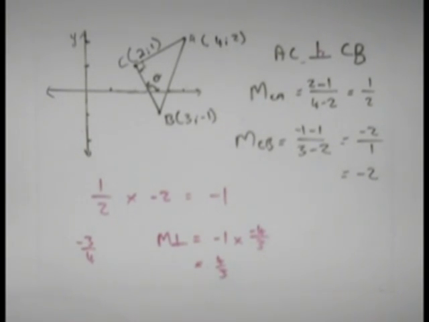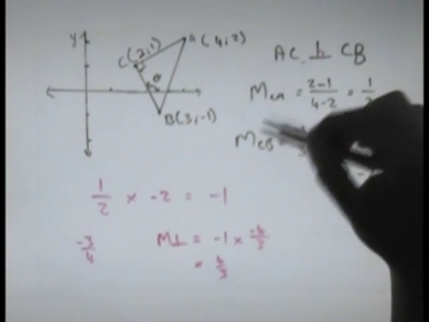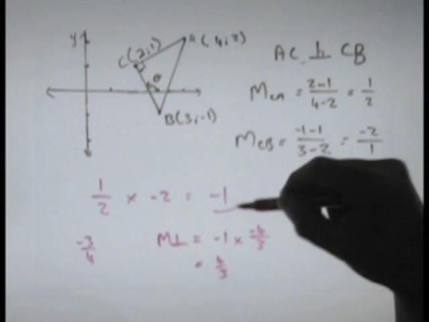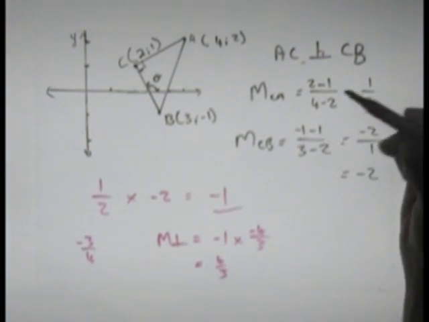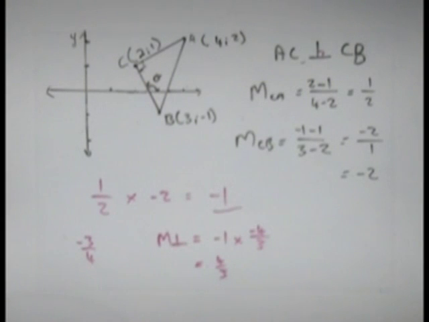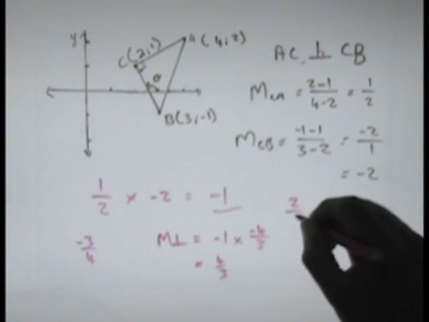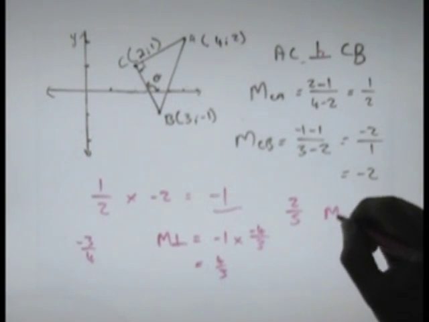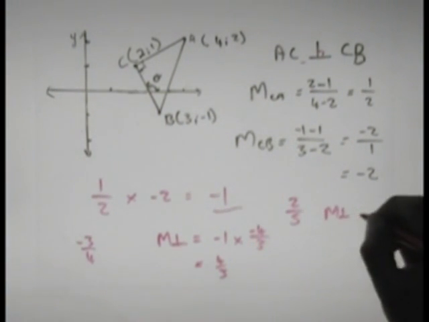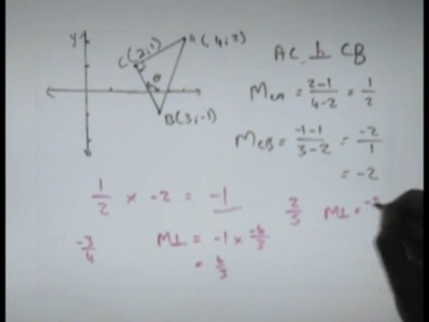So the perpendicular gradients multiplied by each other are always going to give us an answer of negative 1. Now there is an easier way of doing this. We just look for the negative inverse of it. For example, if our gradient is 2 over 5, our perpendicular gradient to that line will be negative 5 over